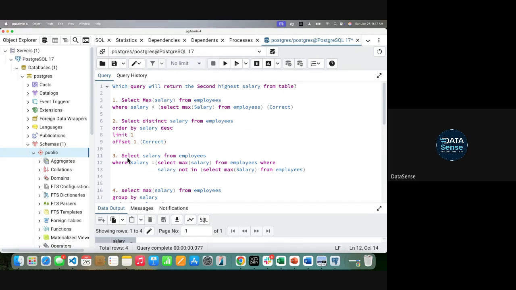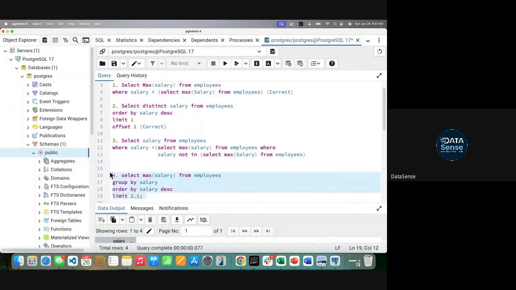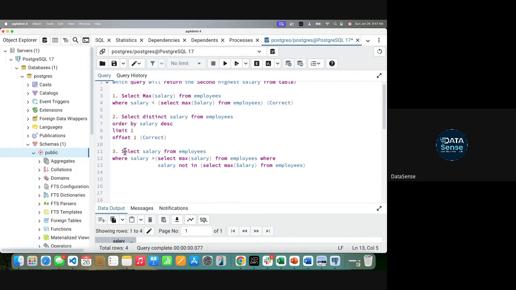Next, now tell me about 3 and 4. Forget about 4 for now. Tell me about 3. Select salary from... Try to break it down the way I tried to break it in Excel. First it will find the max salary, and then it will select from whatever is not the max.